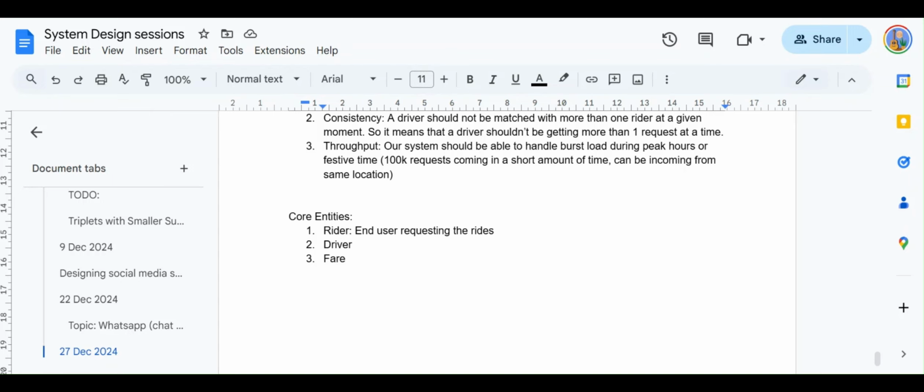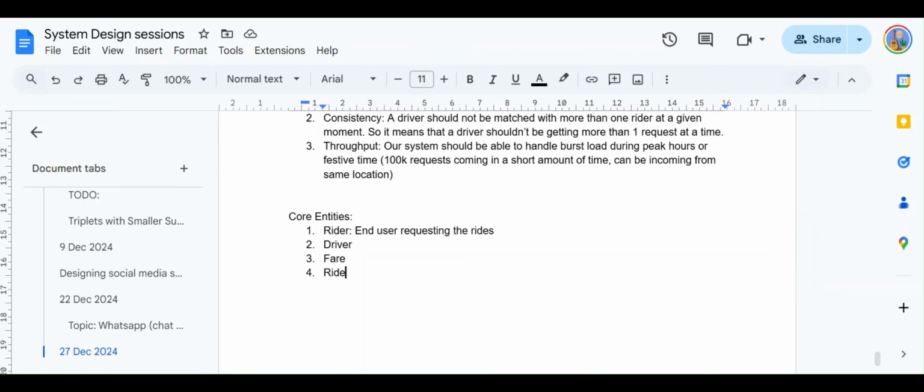So for now you can imagine that fare represents an estimated fare for a given ride, which basically includes your pickup location, your drop location, and the estimated ETA as well. Because when a rider inputs the pickup location and the destination and asks for a fare, he also is shown the ETA, right? What's the estimated time of arrival? So this fare could be a part of our ride object as well. The next entity that we're going to have is ride, so this fare could be part of a ride itself. But I have kept it separate.